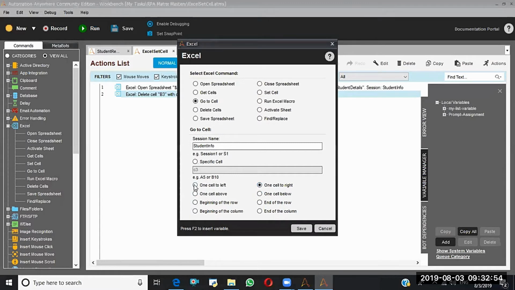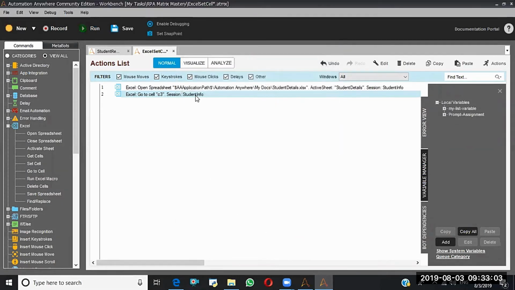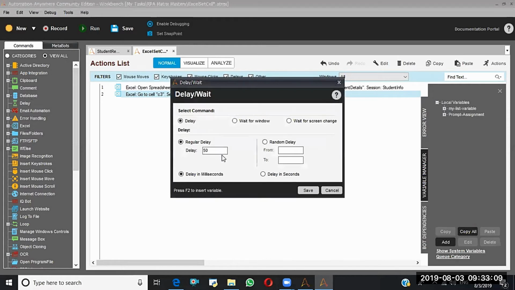All this works based on the currently active cell. Okay. First, I'll say go to C3. Then let me use the delays for understanding purpose. Delay in seconds. I'll say 2 seconds delay.